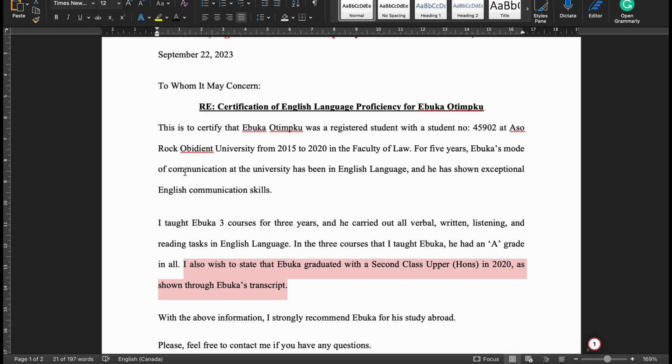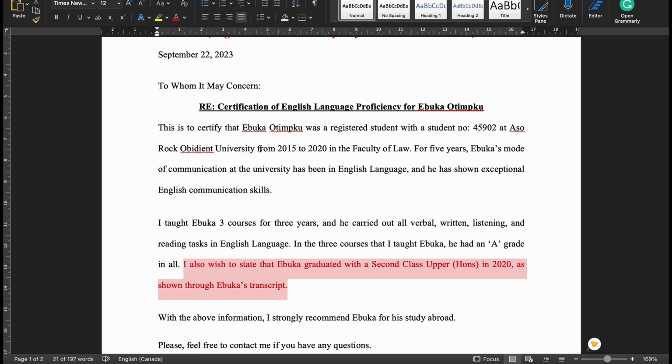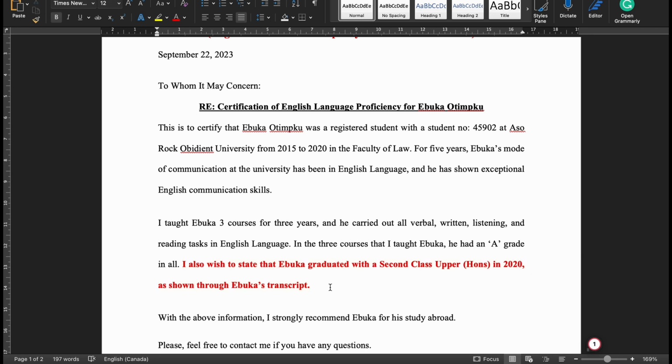let me just put this in red. Okay, if you know, so guys, I'm putting this in red because I want you to listen. I'm putting it in red because it's not necessary. You can take that out. So if you know that you had anything less than a 2-1, do not put that in your English certification letter. Okay, so because Ebuka 2-1, I said I also wish to state that Ebuka graduated with a second class